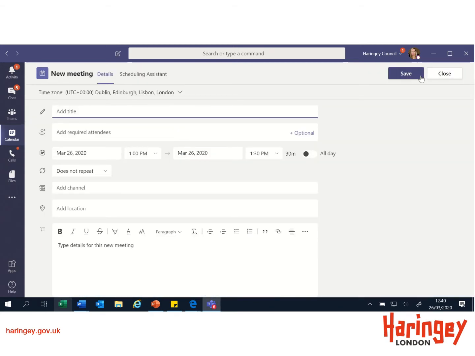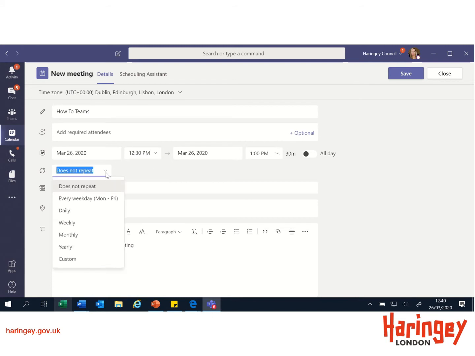So I'm going to run a course called How to Teams. I'm going to run that at 12:30 until 1 o'clock on March 26th. Now, if this course repeated every week, I could select weekly, and then only one invite needs to go out for the entire term. I'm going to type the details of the course in here, such as the course ID